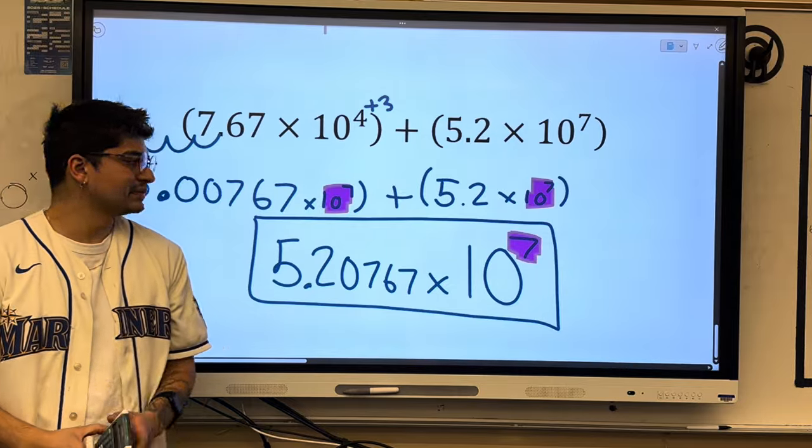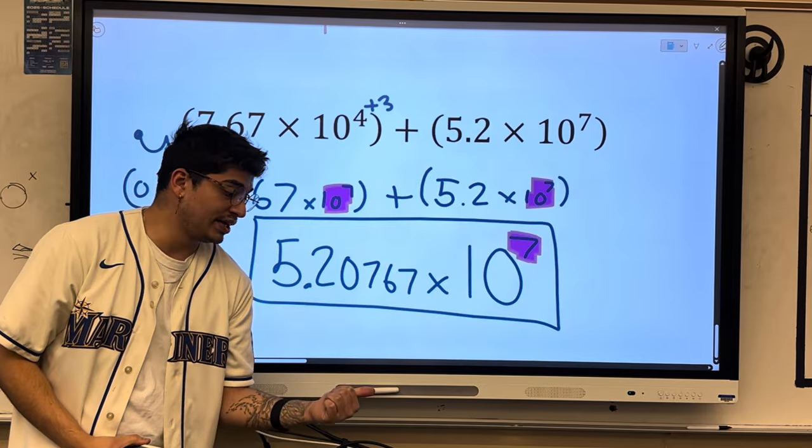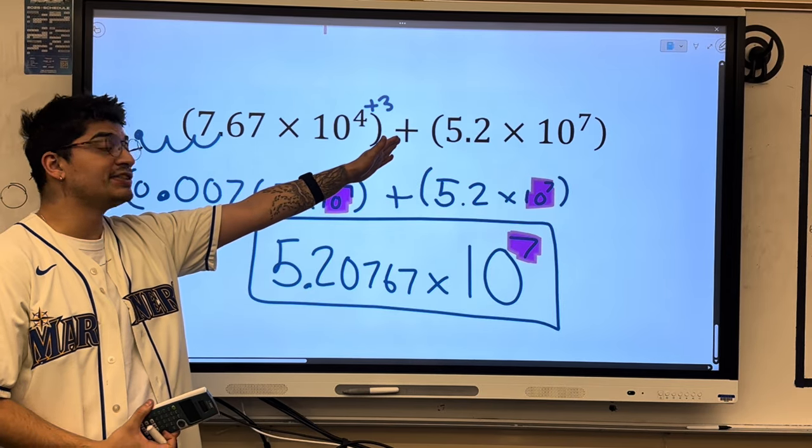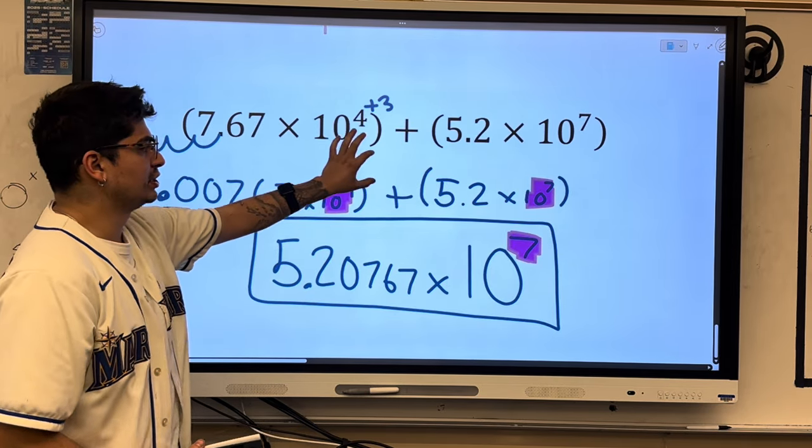So you've got to change your exponent if they're different. Once you've changed them, then you can add the constants or regular numbers. Let's see you do it with,